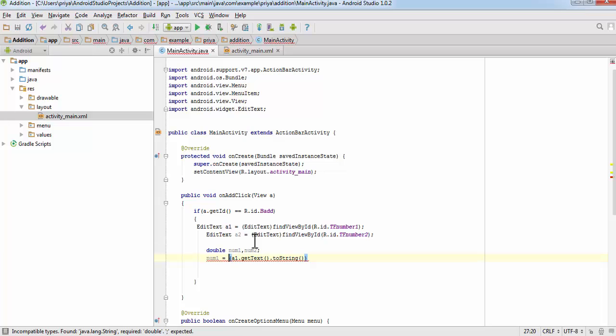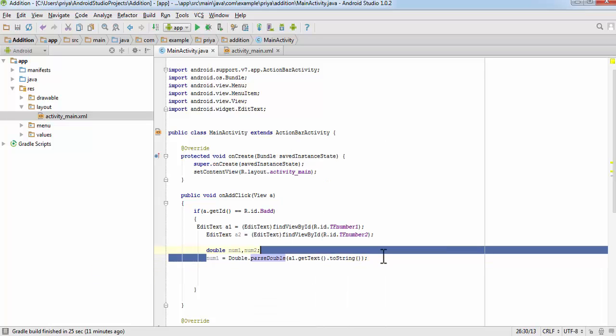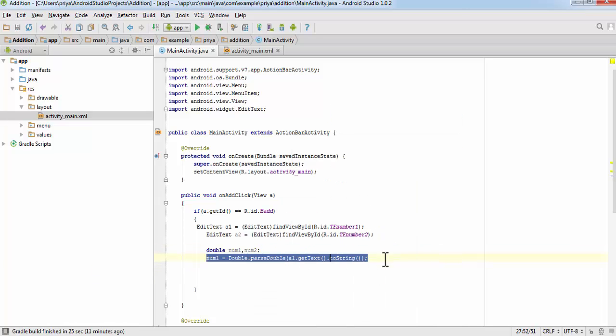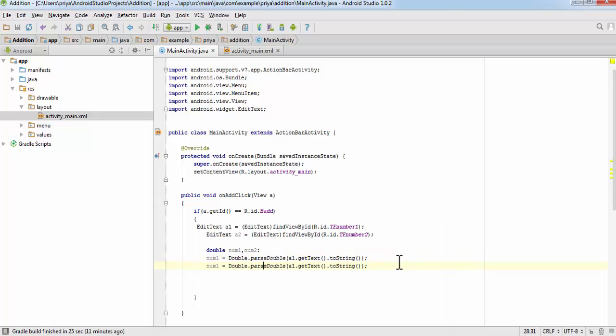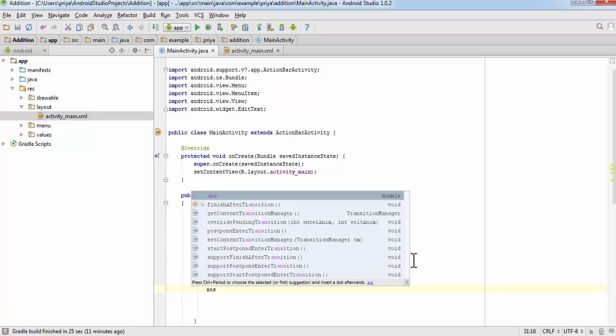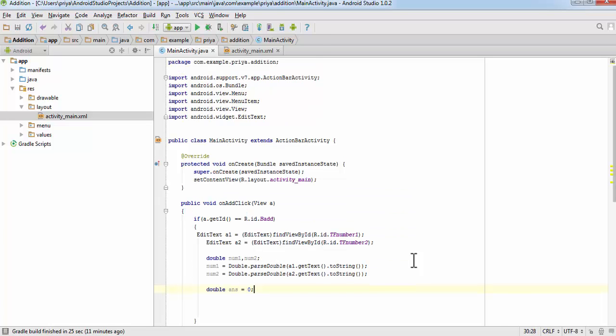For that, Java has a built-in method, Double.parseDouble. So just copy this, select it, click copy and paste. And here num2 and a2. So now we have two num variables, and we'll also create one more double which will store the answer, and we'll just assign the initial value to 0, or we can just write answer equal to num1 plus num2.